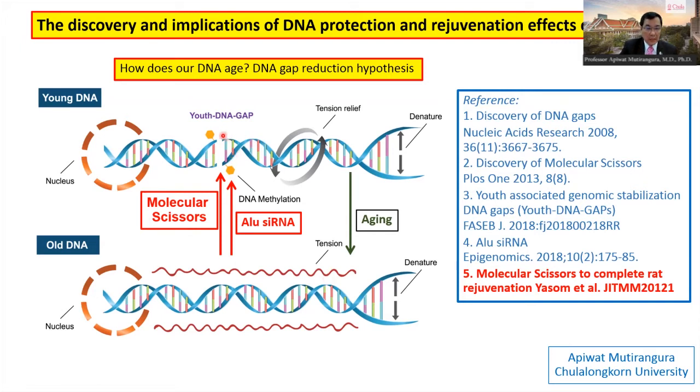What we found is that our DNA, particularly young DNA, has DNA gaps, so that when the DNA functions and denaturation occurs, the spinning DNA tension will be relieved at the DNA gap. But in aging DNA, the DNA gap is reduced, so that when the DNA denatures, the spinning of DNA causes a lot of DNA tension and DNA damage in aging DNA in the end. In this talk, I will show you that by forming DNA gap by epigenetic editing, particularly adding a molecular scissor, we can rejuvenate DNA. The detailed process of molecular scissor in rejuvenating rats will be presented by Dr. Yasom in this